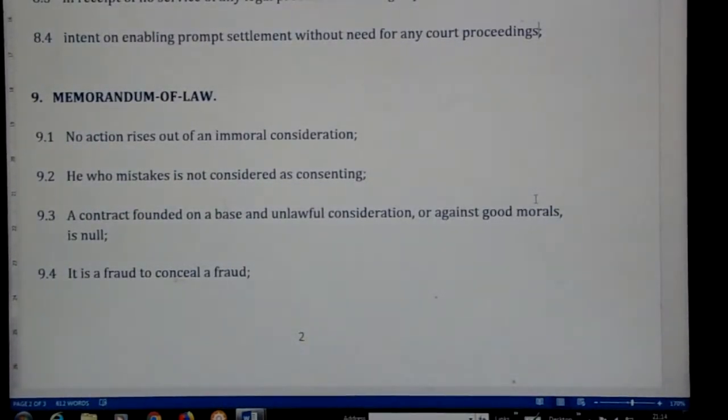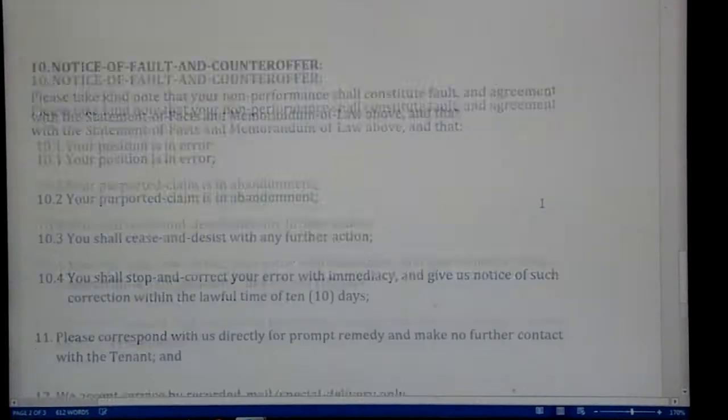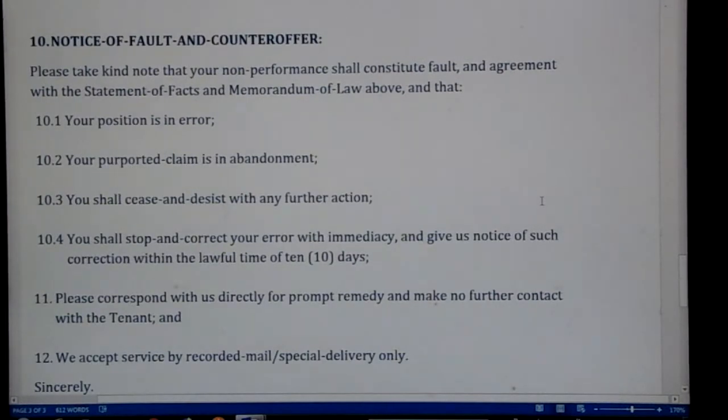Oh, my battery is running low. And finally, it's notice of fault and counteroffer. So that's what it is. The battery is going to shut down, so I hope you can see that. So if they don't respond with